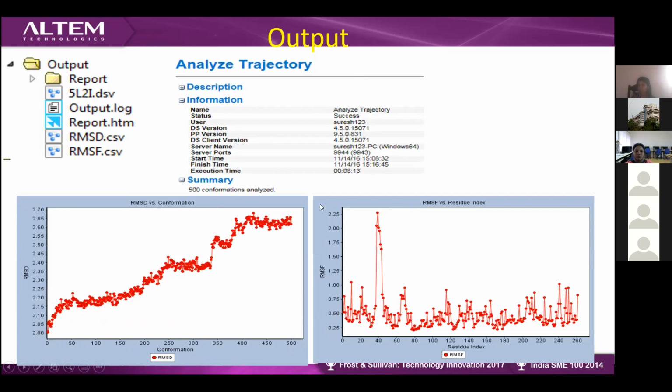In case of RMSF fluctuation, you will be looking at how the interaction has been done. For example, you have done docking and your compound has interacted with a particular protein molecule, and you have got some protein structure. Based on that you can say in this particular region the fluctuation has occurred. So like that you can conclude with RMSF.